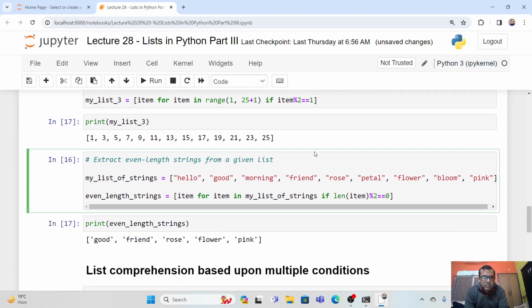Another example could be, you have a list of strings again, and you want to extract only the even length strings and append them to a new list. So what do we do? Again, same thing. You iterate over every string present in your input list. Here the input list is my list of strings. So what we are doing is iterating over every item, every string in this list, and